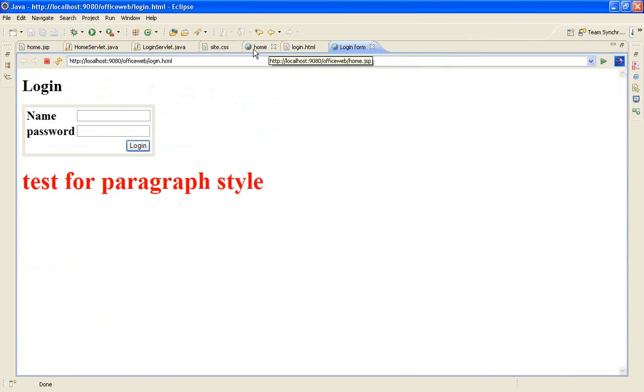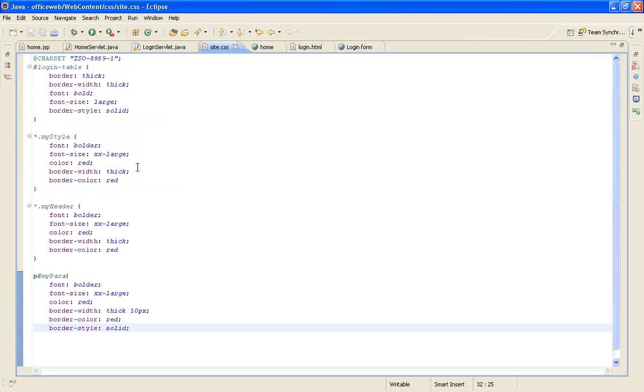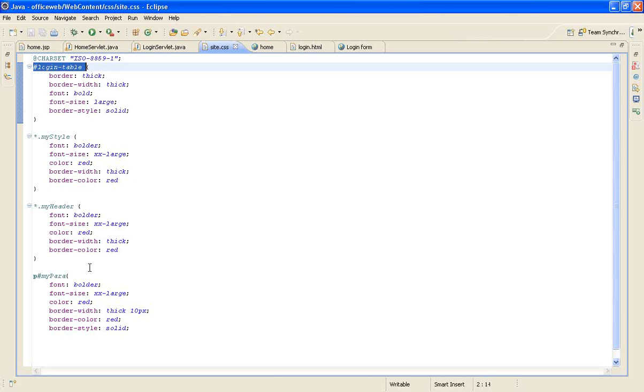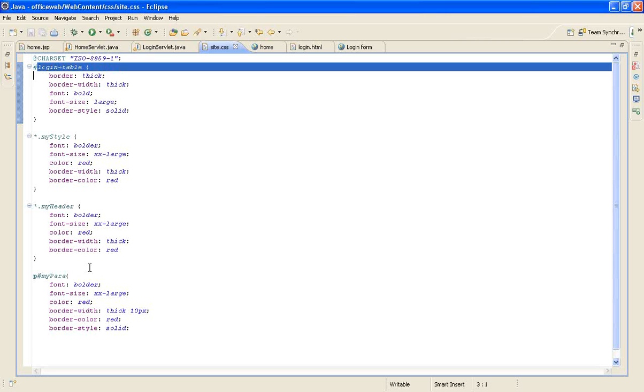Please try to follow me, and if I'm confusing you, please stop me and we will discuss this again. The point I'm trying to make is about the style that you write. If I put hash and then give some word, that actually means the ID of an element. Hash represents ID. In HTML, any type of element can have an ID. When I say hash, the next thing should be an ID.